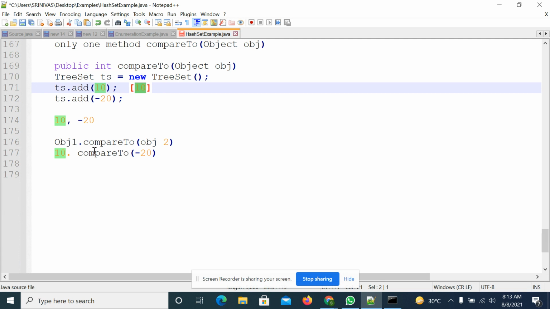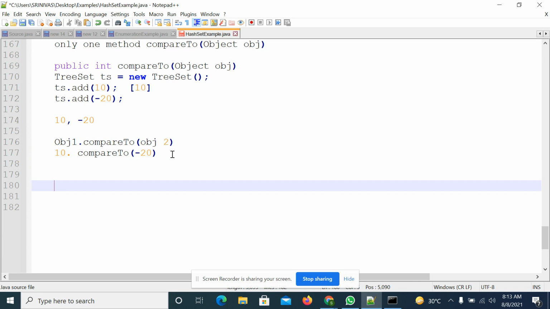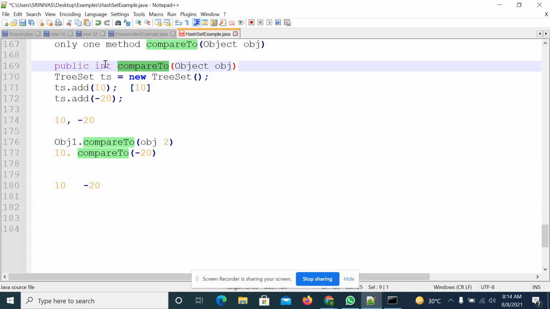On top of 10, it is calling the compareTo method by passing minus 20. Internally the compareTo method will compare these two elements, the first element and the second element. Second element is minus 20. So what is the logic at the back end? The method return type is integer, it will return one integer number.